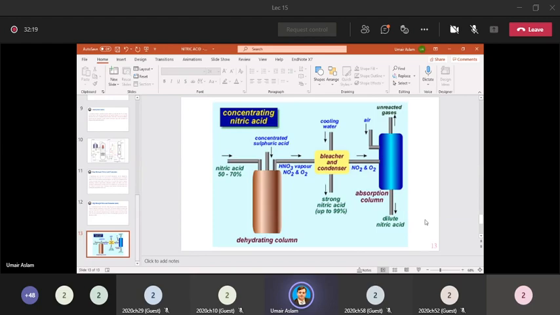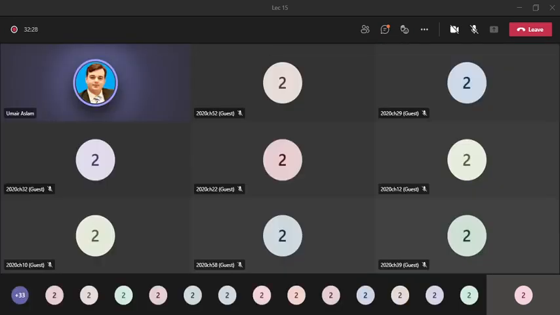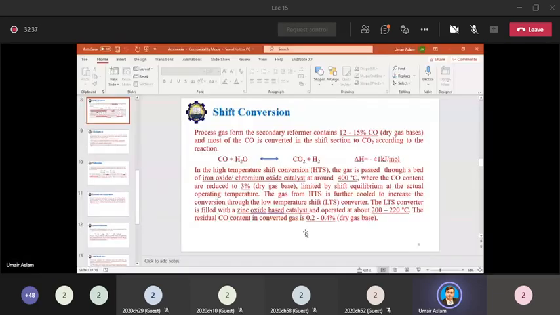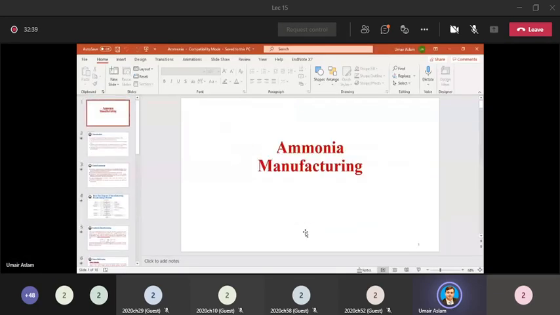ठीक है जी। जी सर। जी स्क्रीन शेयर्ड है। यस।